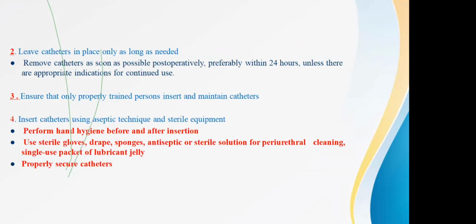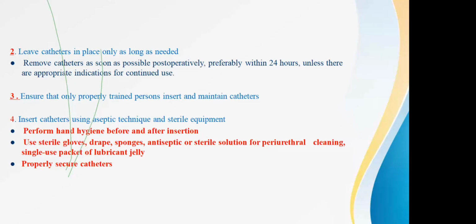At some places, the consistency of the catheter is also very important, whether it's a silicone catheter or a rubber catheter, and for how long we are supposed to keep it. Are we keeping it for 15 days? Are we keeping it for more than 15 days? So what all the criteria are, we should look for, and based on that only, we should decide the required time, within 1 week, within 2 weeks, how frequently we are removing the catheter for a patient. And when we are inserting it again, you need to have one urine culture sent to the microbiology, so that it is not any irrelevant flora which is already pre-existing there.